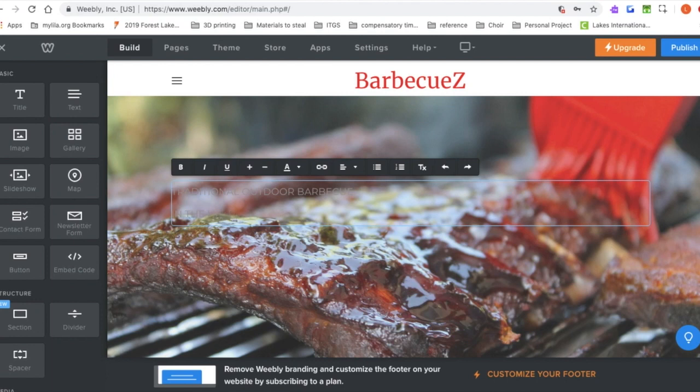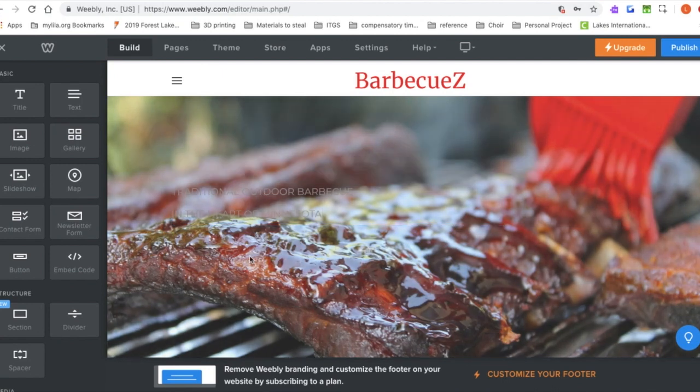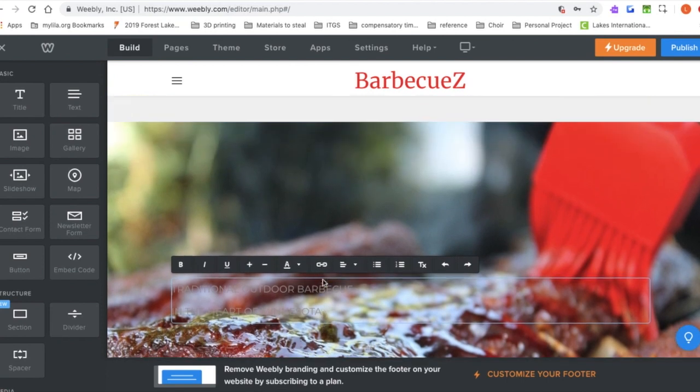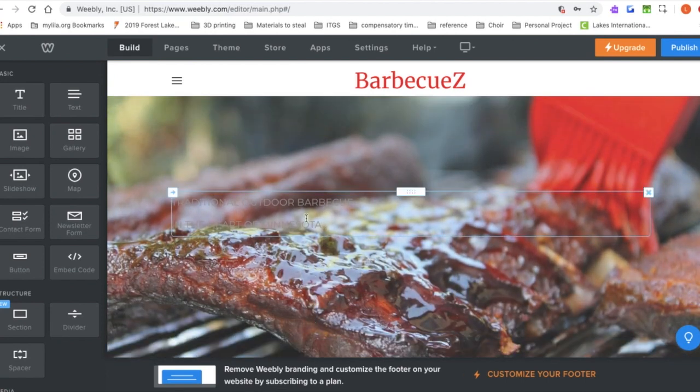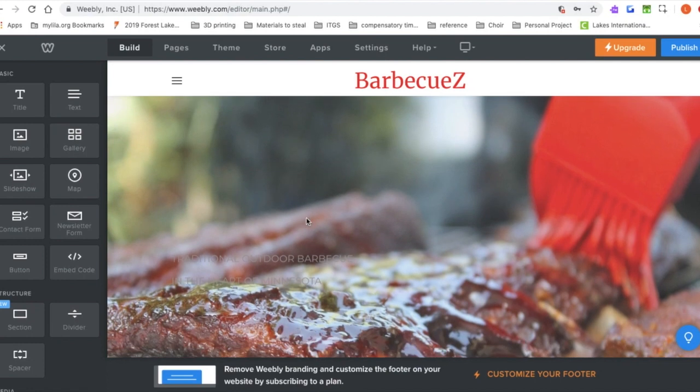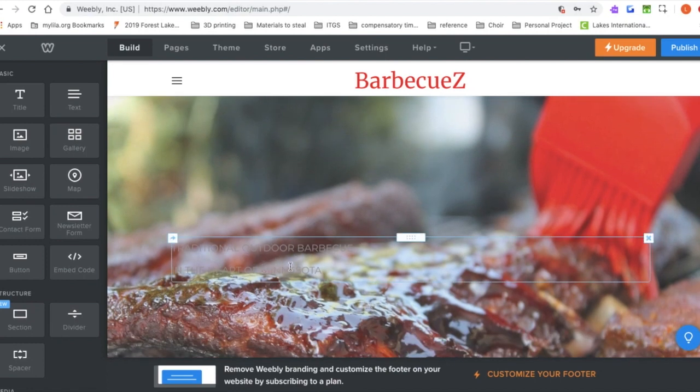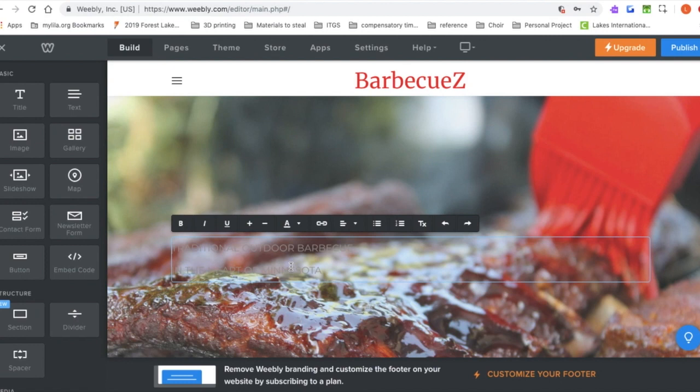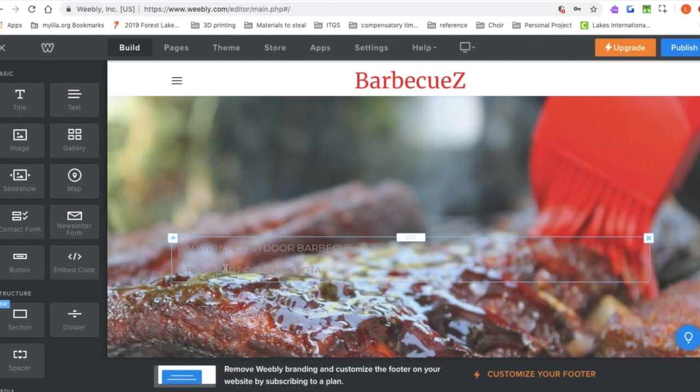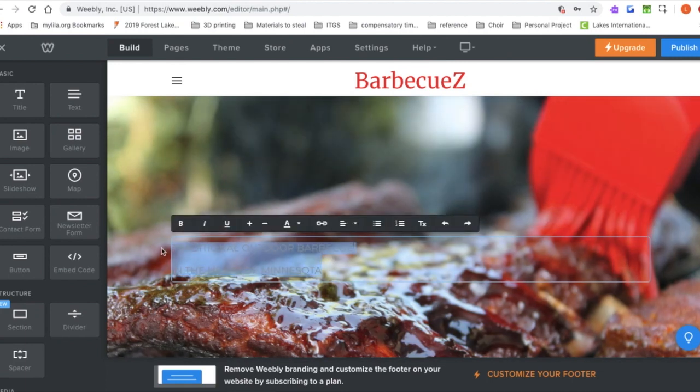in the heart of Minnesota. Okay, that'll work. This description works well. However, the problem, obviously, is that you can't read it. You can't read it for two reasons. One, the color doesn't work on the background. And number two, this is the biggest mistake you guys will make when you make this website, is you will end up putting letters, text, on top of a background that is busy. A busy background means there's a lot of colors, there's stuff going on, and it makes it very hard to